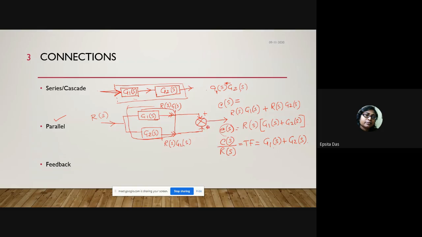Suppose I give this signal as minus, so it should be minus and then it will become minus. Still, though it is becoming minus, this path and this path will be parallel paths. Why? Because look here, I told you in the main path, the signal always traverses from left-hand side to right-hand side. In this path it is also traversing from left to right, as well as in this path. So when the signal is traversing from left to right, it will always be parallel paths.